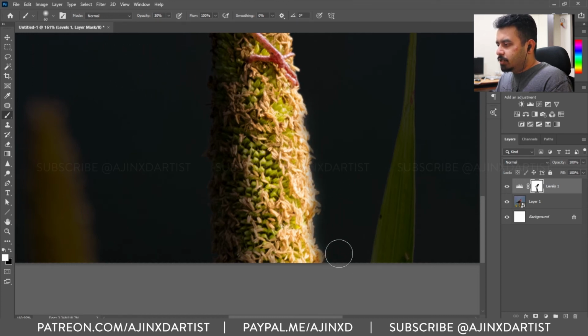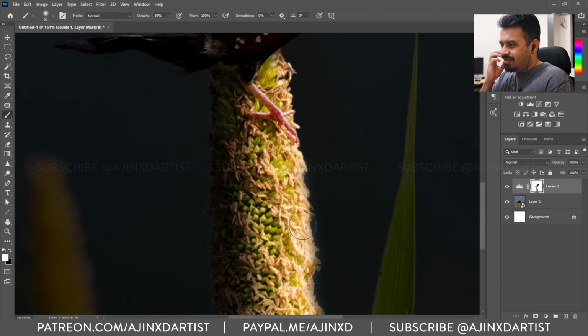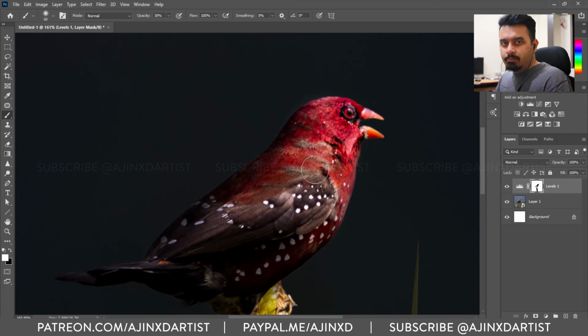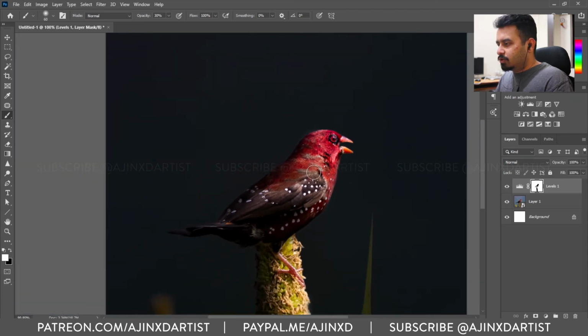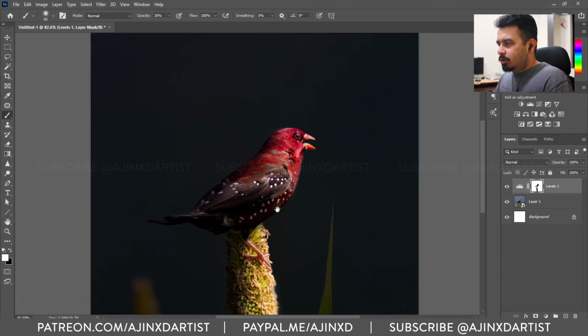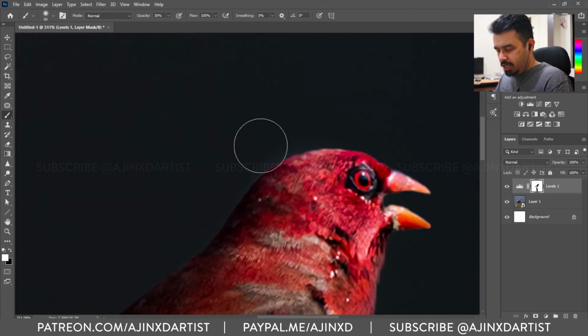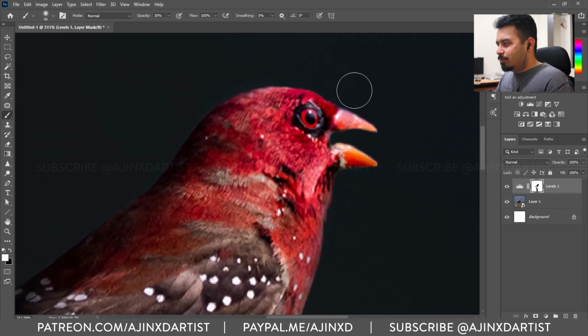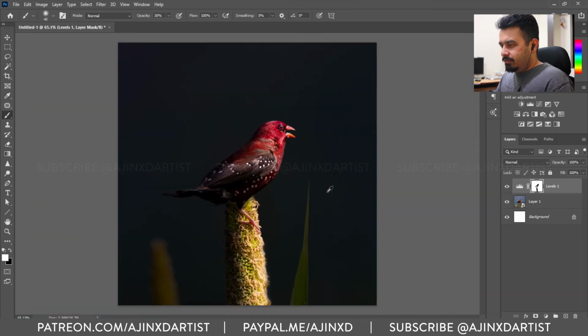There's a lot of clicking here, but another option is if you have a Wacom tablet, you can use that instead of using the mouse. Using a mouse is a very standard process. And most of us just have the mouse, so I'm showing this demo with a mouse. Anyways, this looks nice. I'm happy with this.